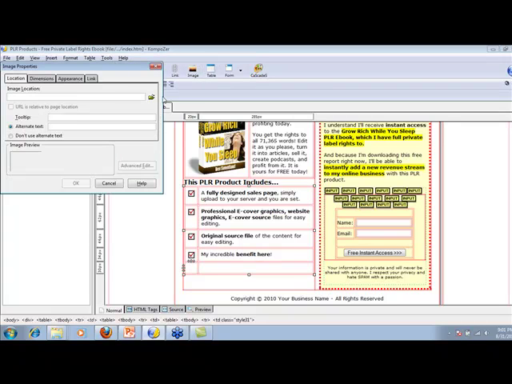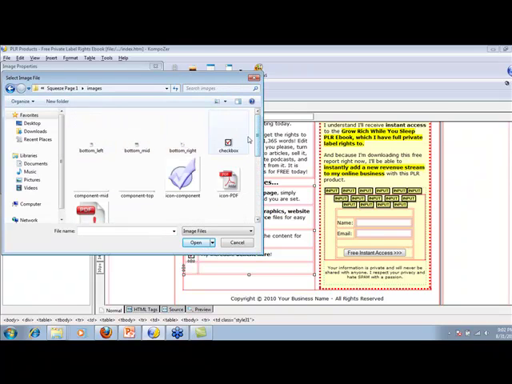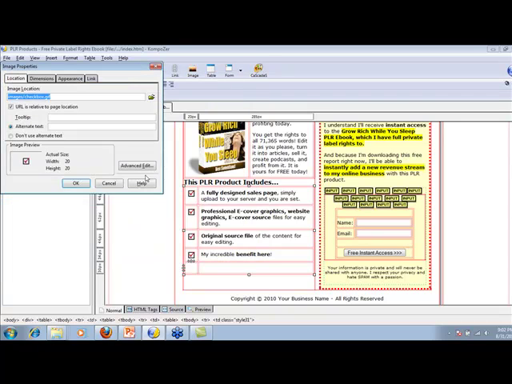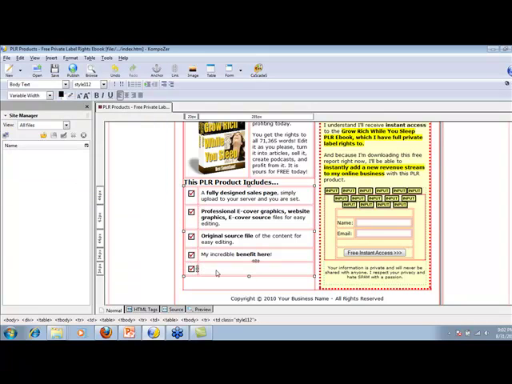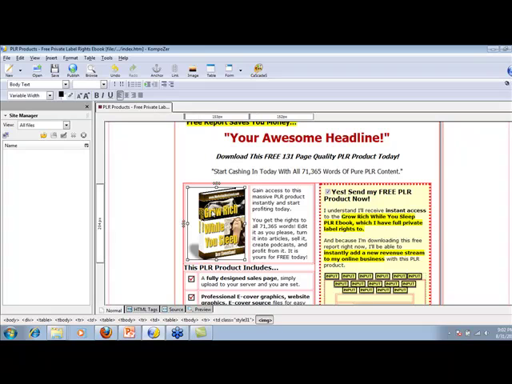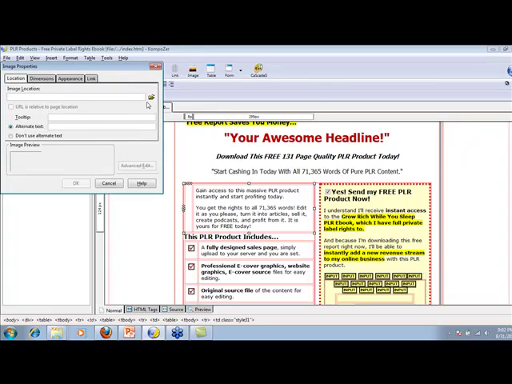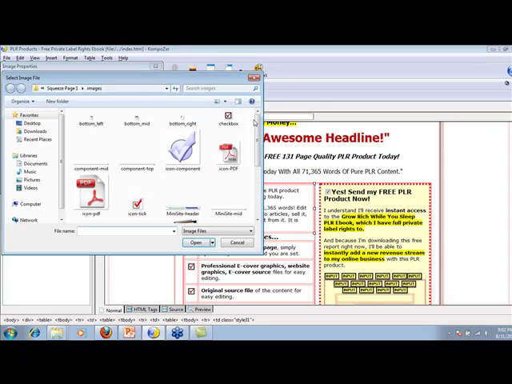I'm going to go to image, and you want to click on this folder to start browsing on your computer. And there it is. And let's just look for this item here. So there it is right there. And as far as alternate text, just choose don't use alternate text and click OK. And now you see that image in there. If up here on this part of the template or this part of the squeeze page or anywhere else you decide you want to add a different image, obviously because it's going to be your own product, you might add in your own e-cover. You may want to come down here to the image and go ahead and add in